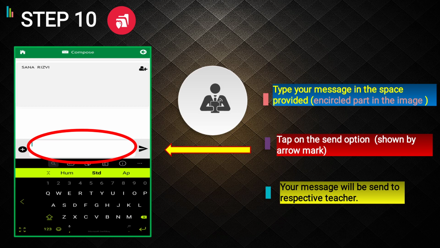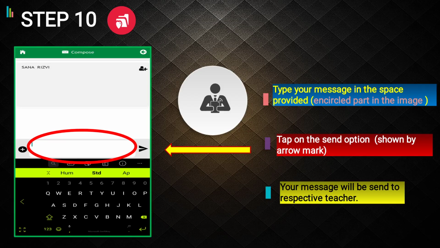Now here you have to type your message, whichever message you want, any query you want to ask your subject teacher. So here you will type your message. Here is the encircled part which is shown in the red color. After that, you have to tap on the send option, this arrow, the right side arrow you see.